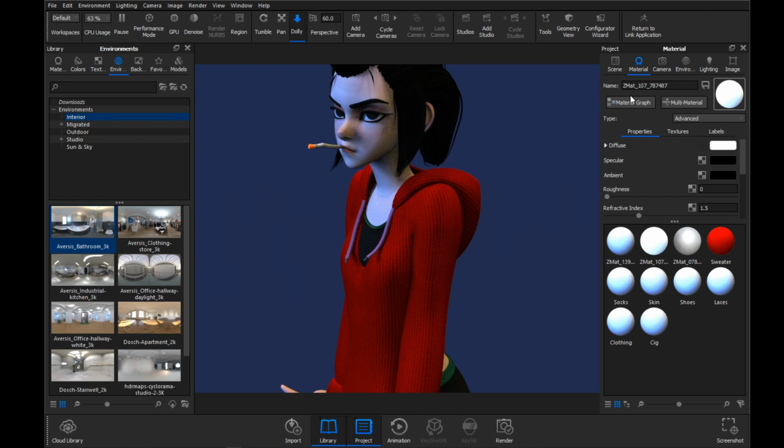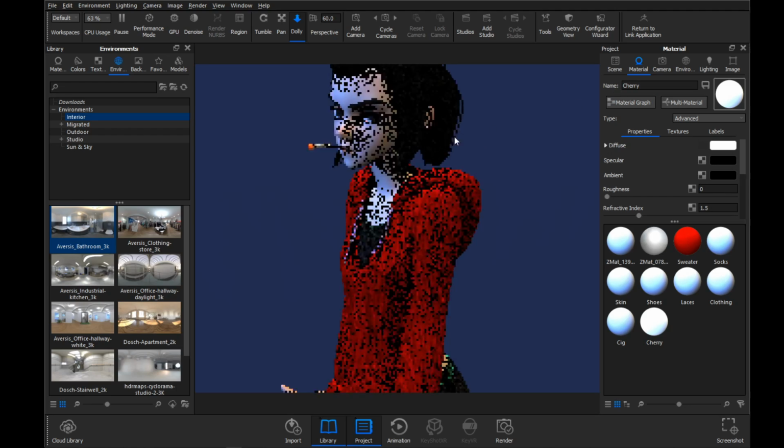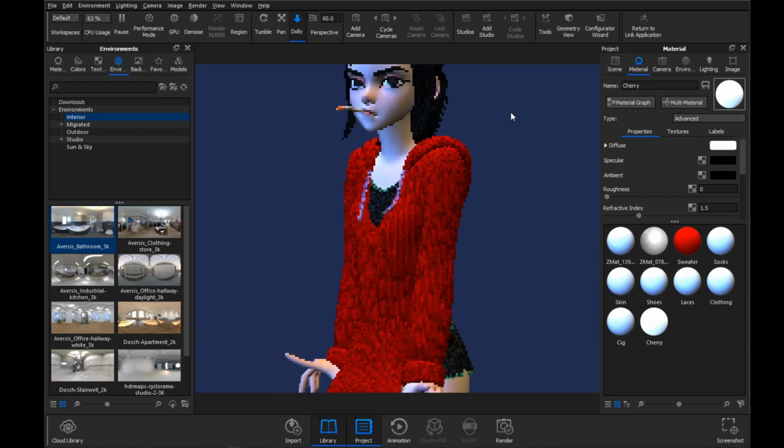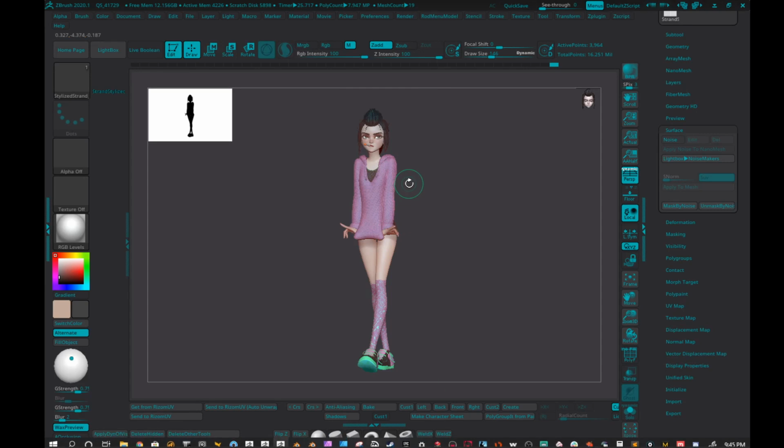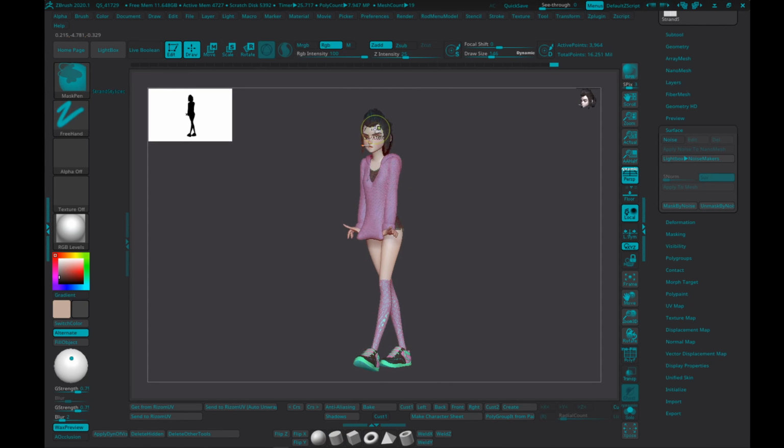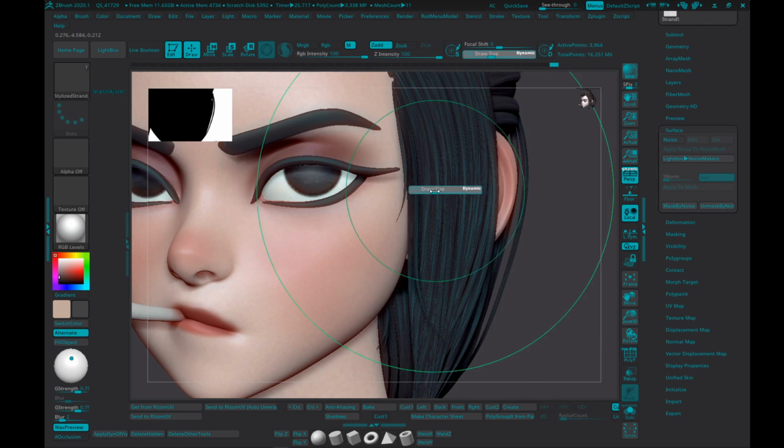And this one's going to be the cigarette cherry, so we're just going to say cherry. There we go. So we have all the materials already set up. And we should also have a different material on the eyes. And if you notice, if we go back to here, you'll see inside of here we have a reflection in the eyes